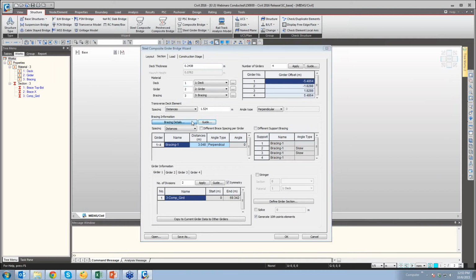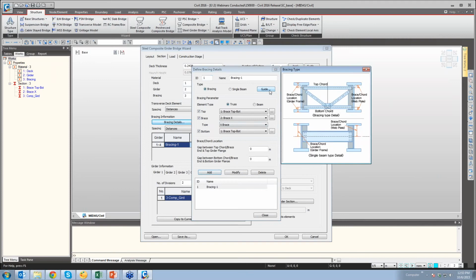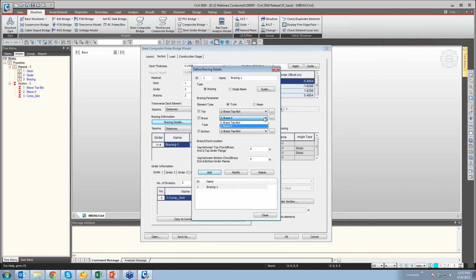If you go to the bracing details and the guide diagram over here, you could mention whether you want the intermediate bracing to be this kind of inverted V or X bracing or V bracing, or you just want it to be a single beam element. Okay, so that you could mention over here. And these are the kinds of bracings that you can give: X brace, V brace, and the inverted V brace.